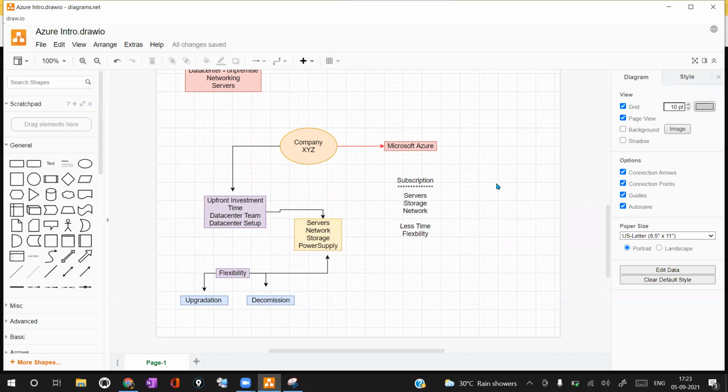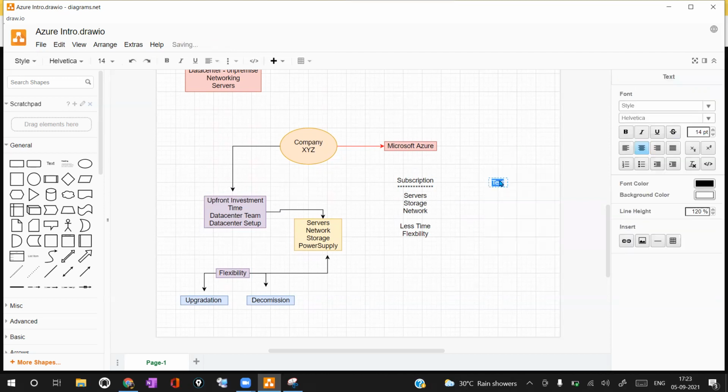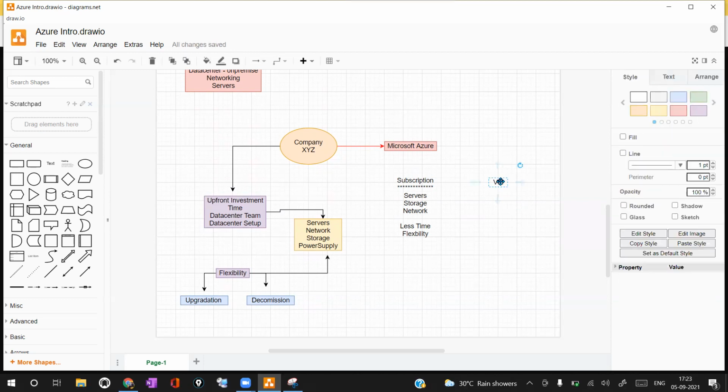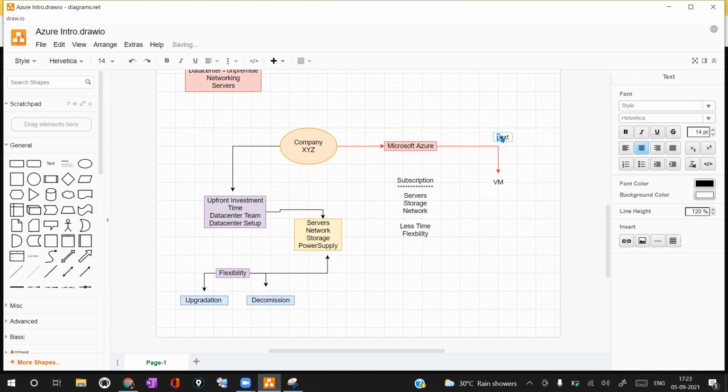But in Azure, let's say I created one virtual machine. This virtual machine is an on-demand purchase in Azure. Whatever we create or use is called on-demand: whenever we want, we order and use those services.